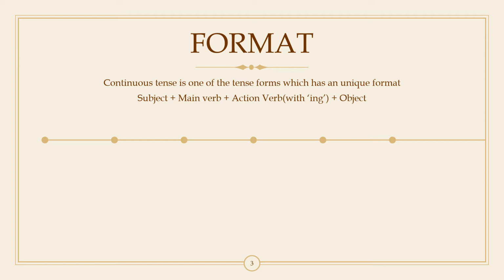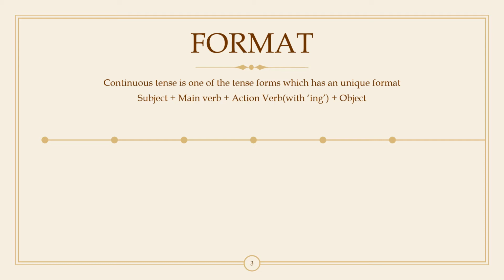Now, what are the main verbs we know? We know a couple of main verbs, and the most important one is the be verbs. Yes, exactly, be verbs. When you say be verbs, some of us who are not yet oriented towards it may not be able to recognize it. But the be verbs, when conjugated with tense form, become is, was, are, and were. So that is the be verbs.